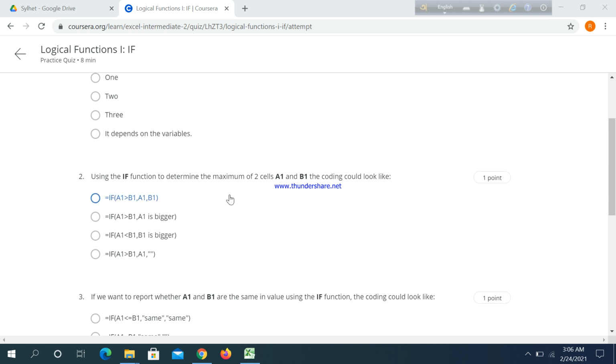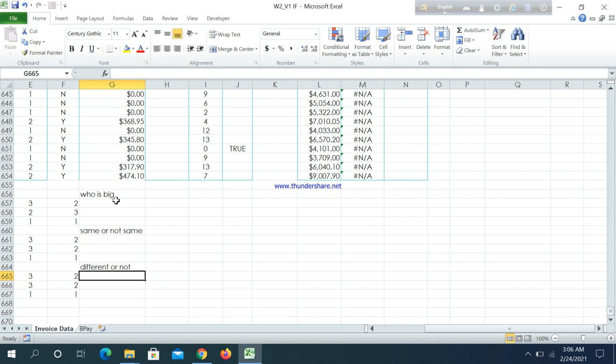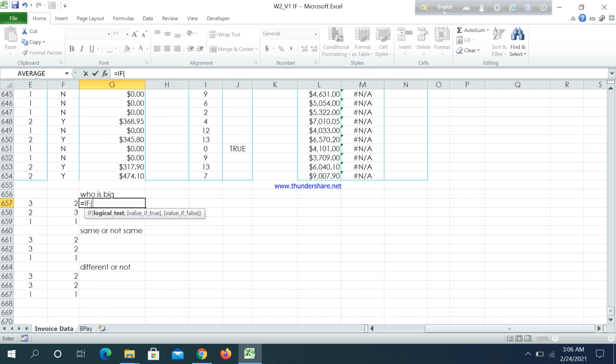Which one is maximum, A1 or B1? So I can say this thing, we can check in here who is maximum or who is big, this one or this one. So let's see, if